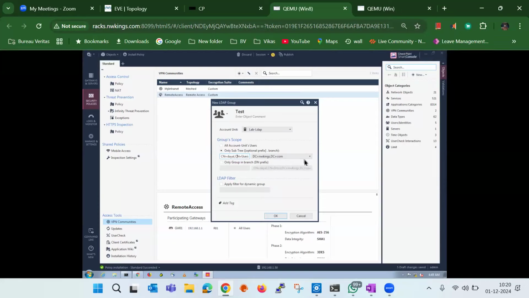Or maybe instead of Dayal, I can say administrator, right? Administrator, yes, correct. Use this option here. Okay, if I click OK,